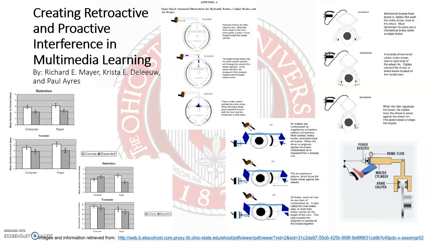They concluded that the major empirical finding in these experiments is that students learn more deeply about a cause and effect explanation of a system when it is presented alone rather than with explanations of structurally similar systems, i.e., the concise group outperformed the expanded group on transfer tests in the combined data set of both experiments. They concluded learners in the concise group were better able to build and apply a mental model of the hydraulic braking system because they did not have to contend with additional pieces of information about aspects of the other two systems.